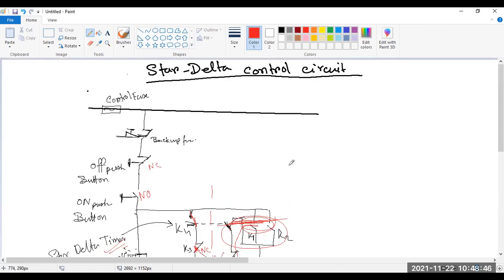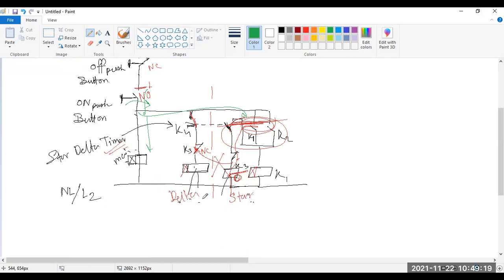So guys, please note it down. Look, this is your line. So current is coming through this circuit. If the overload breaker is operated, then it will cross, otherwise it will pass. NC is done. Till now current is here. Okay, so whenever the push button is on, then current is flowing. Current is also flowing in this way, in this way also. Okay, but here, say this is your motor.